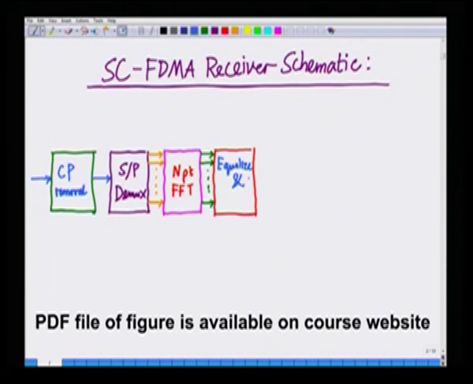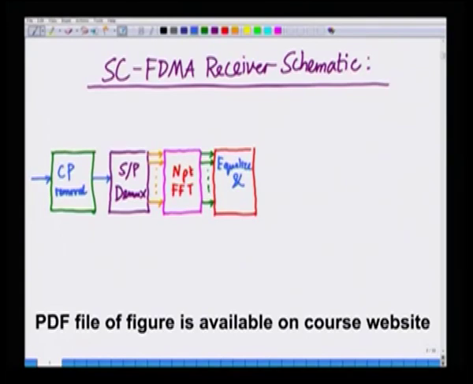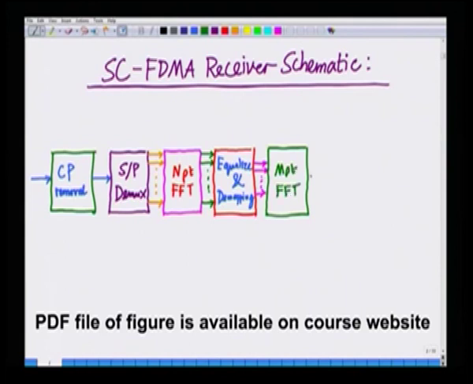Now we do a subcarrier demapping, and once we demap back into M symbols, we perform the M point